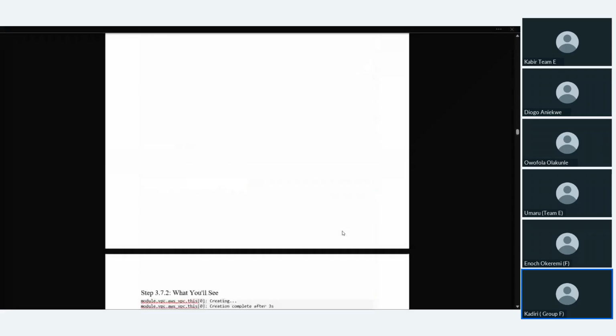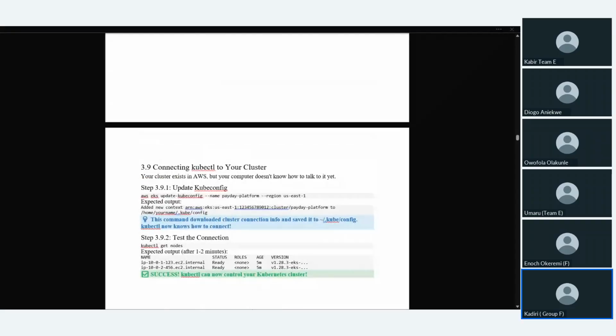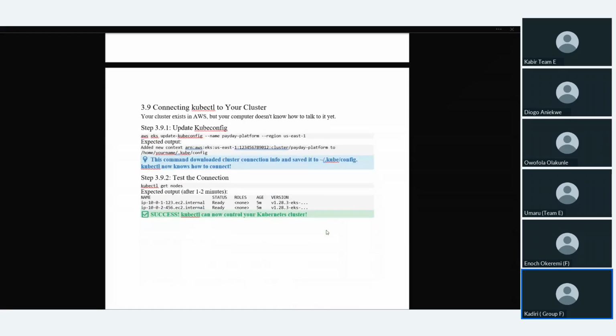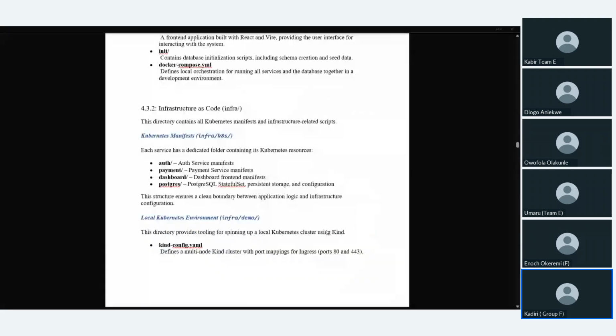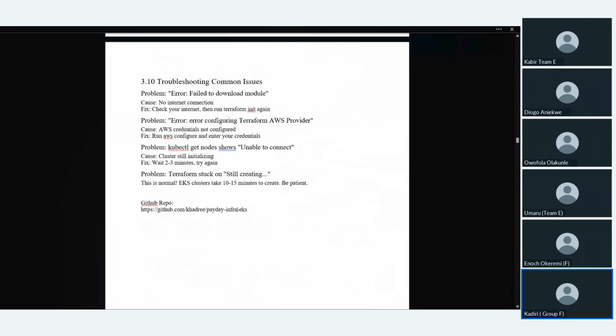Hello, Enoch. Towards the end, there is a GitHub repo I said you should click. Go up, no, this is the fourth. Go up, yes, just click on that. Yes, exactly. So that's the repo.